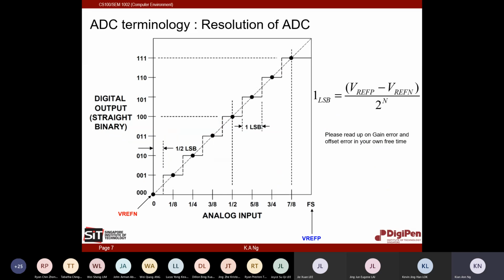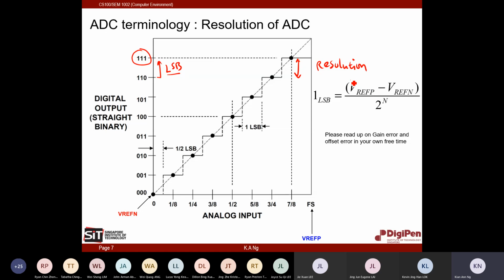So just a mathematical calculation. What is the resolution? What is the quantization error? In ADC terminology, we call this 1 LSB. From one step to the next is called an LSB. LSB means least significant bit. So what is the least significant bit? How do we calculate it? For the 3-bit terminology, 1 LSB resolution